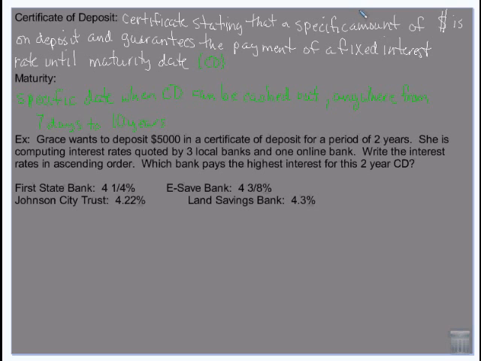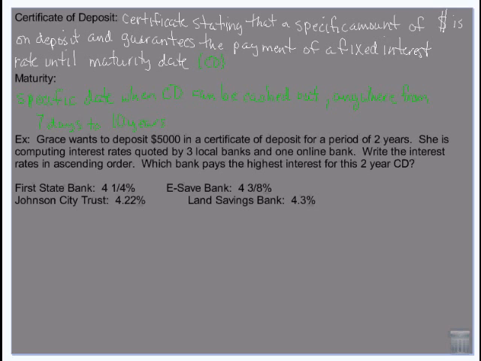CDs are nice because if you have some money that you want to put away, they usually pay higher interest, and that's because there's a maturity date. If I take my money out before the end of that maturity date, I pay high penalties. So if I have a $1,000 CD and it's a 10-year CD, I can't take that money out until the 10 years is up. But again, I'm going to get a higher interest rate. So if I know for a fact I'm not going to need this $1,000 for the next 10 years, but I want to earn a lot of money on it, it's a good idea to buy CDs.